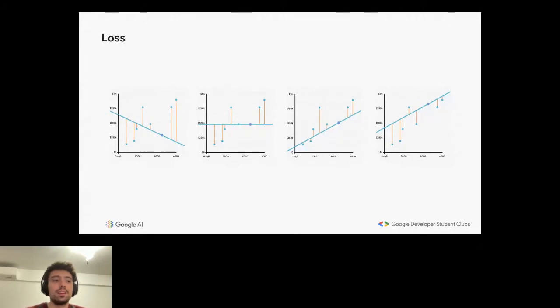And so the question for you would be, which line do you think best represents the data between 1, 2, 3, and 4? Which line would you choose to represent this data? Please type your answer in the chat. All right, so I see a lot of you saying 3. Let's give it a few more seconds for everyone to type in their answer. So everyone is actually saying 3.